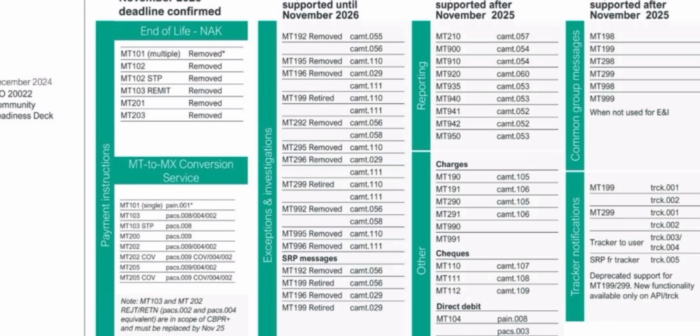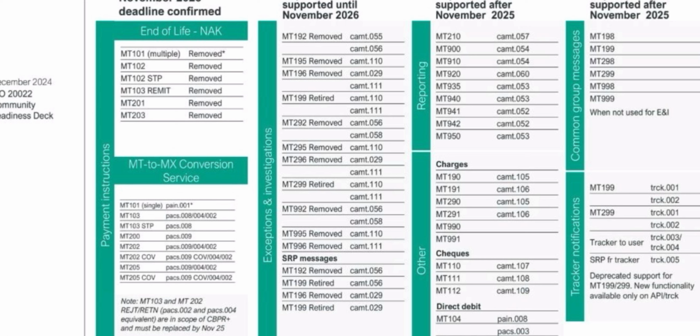So no longer are these messages going to be used by November 2025. Now, the MT to MX conversion services are available for MT101 single, that is pain.001,